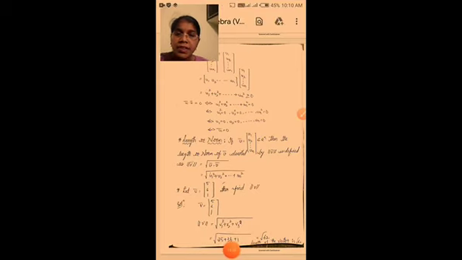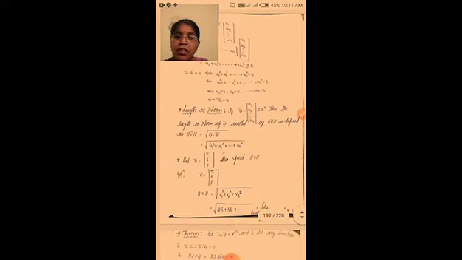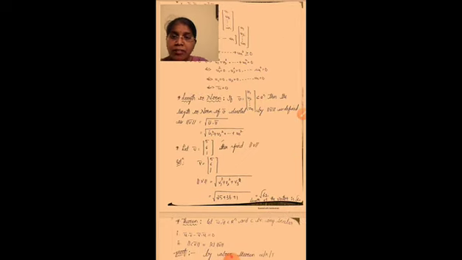Length or norm. See here, first of all, we have one vector v bar equal to (v1, v2, ..., vn) belongs to R to the power of n. Then the length or norm of v bar, denoted by norm v bar, is defined as norm v bar is equal to the square root of v bar dot v bar. So v bar dot v bar can be written as the square root of v1 square plus v2 square plus and so on up to vn square. So this is the length or norm definition. So the norm is denoted by norm v bar and is defined as the square root of v bar dot v bar, which is the square root of v1 square plus v2 square plus and so on up to vn square.